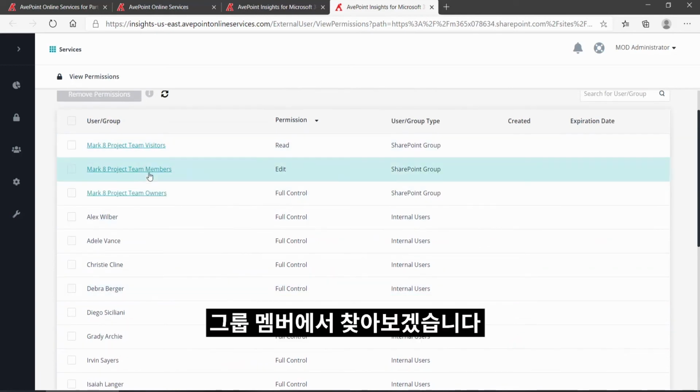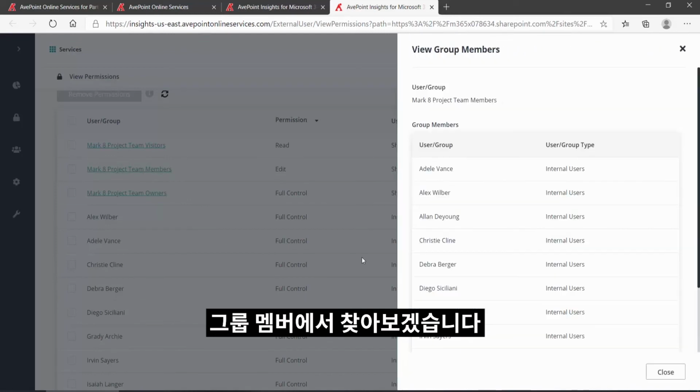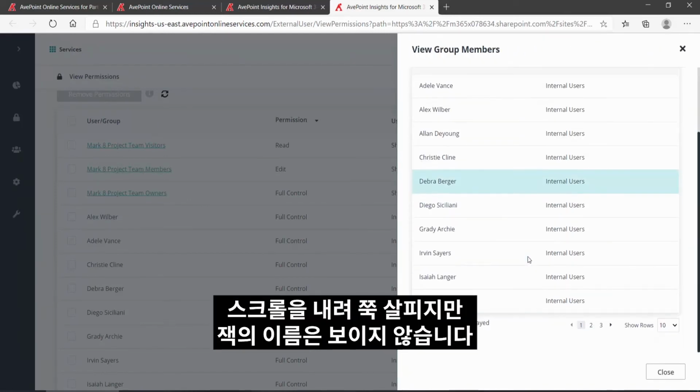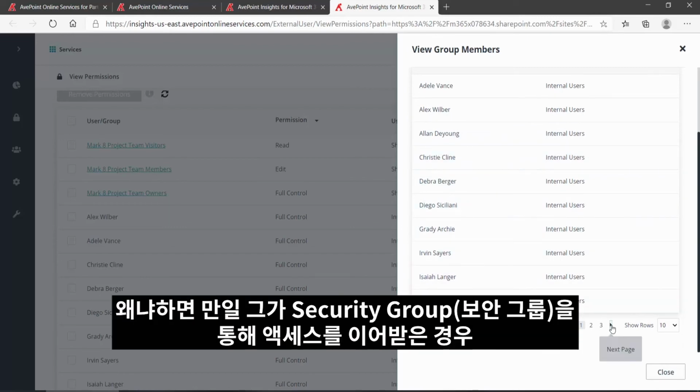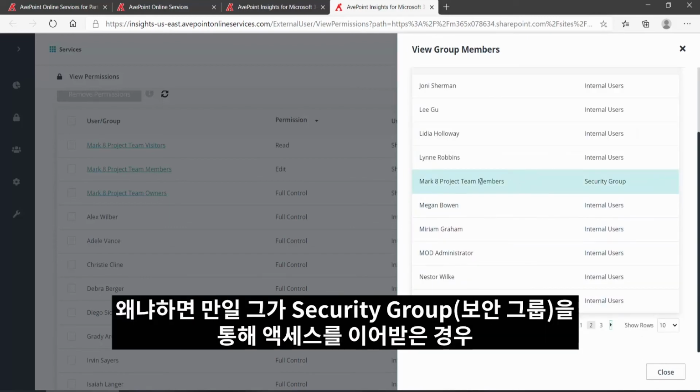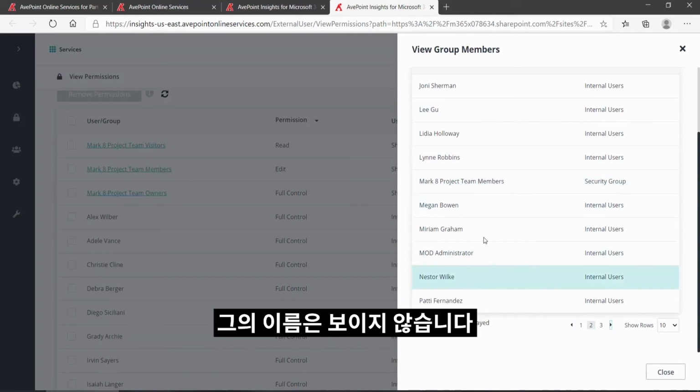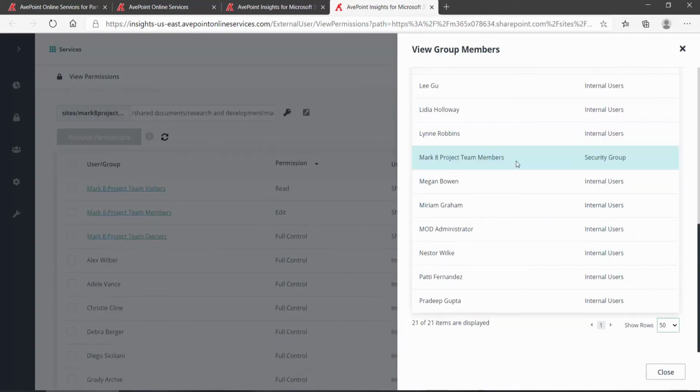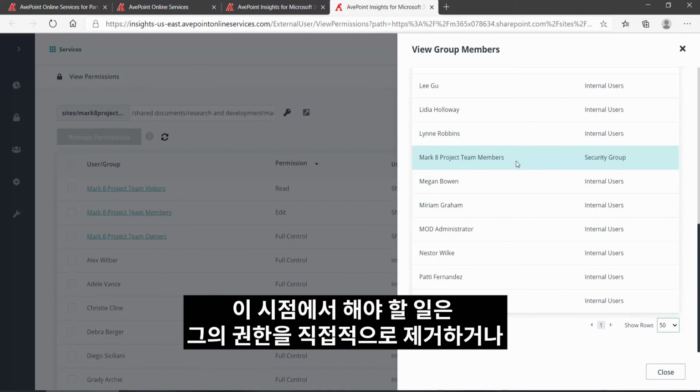If we go into any of these groups, he's probably in the members group. Then when we scroll down, again, will we see him in here? Well, not necessarily, because the way that it works is if he's inheriting it through the security group, his name won't show up either. Essentially what you should do at this point is not worry about removing the permission directly,